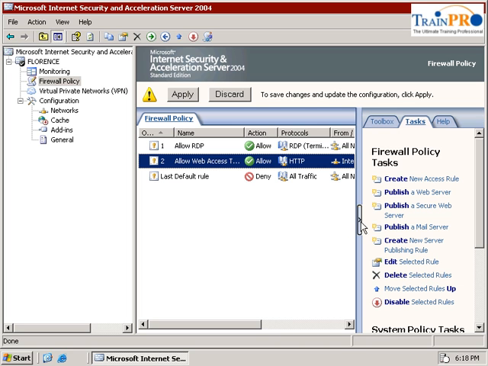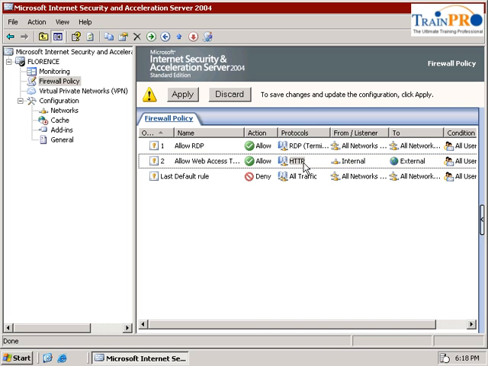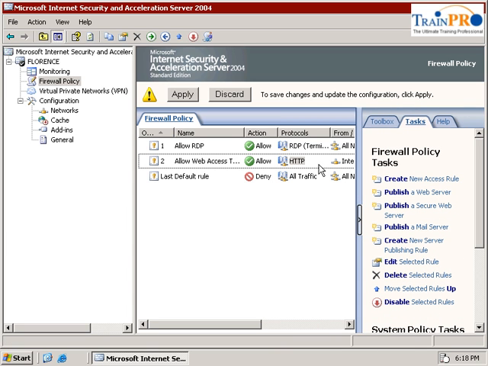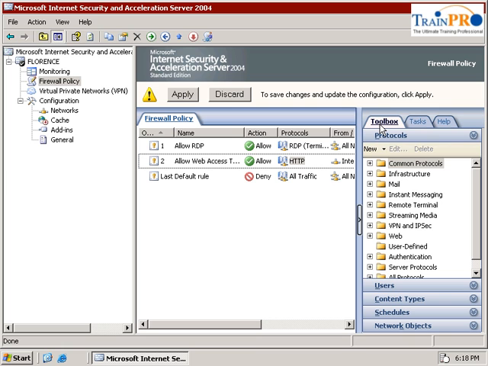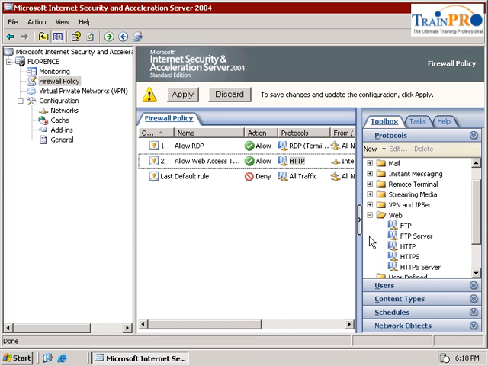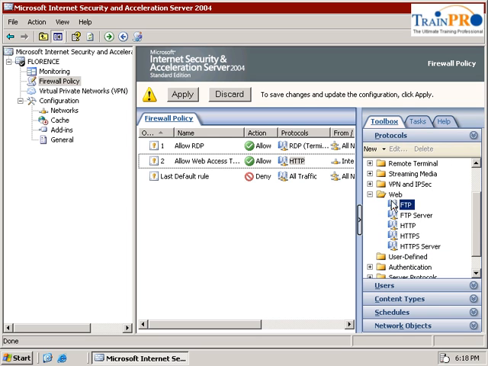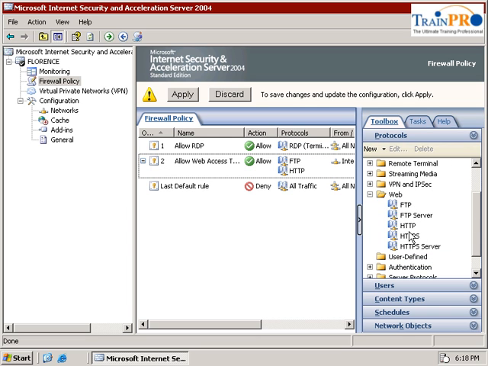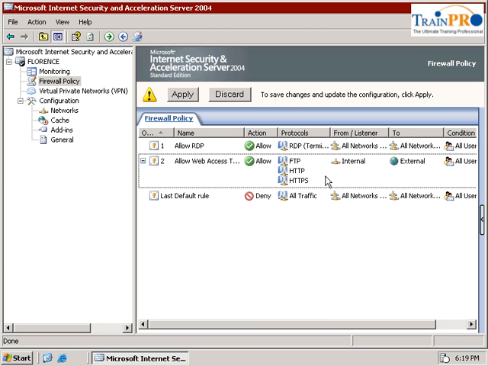And let's say that now you want to add additional services. Is it possible? Instead of HTTP, I want to add in the HTTPS. Yes, this is how you can do it. Click on the toolbox, select the web, and you can just drag it inside. It's as simple as this. So you can see that our protocol has been added. Now you have to click on the apply for it to take effect. So let's click on the apply